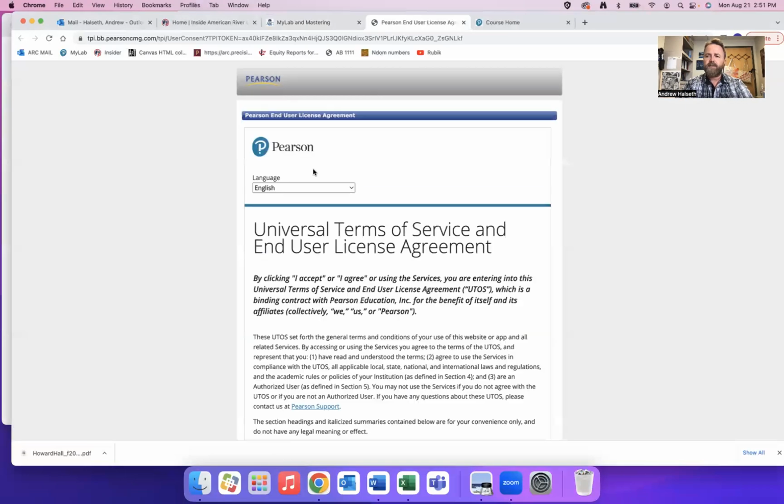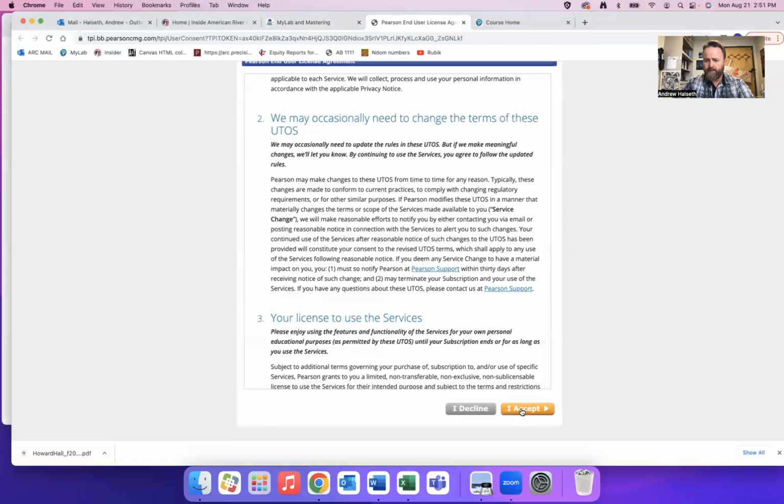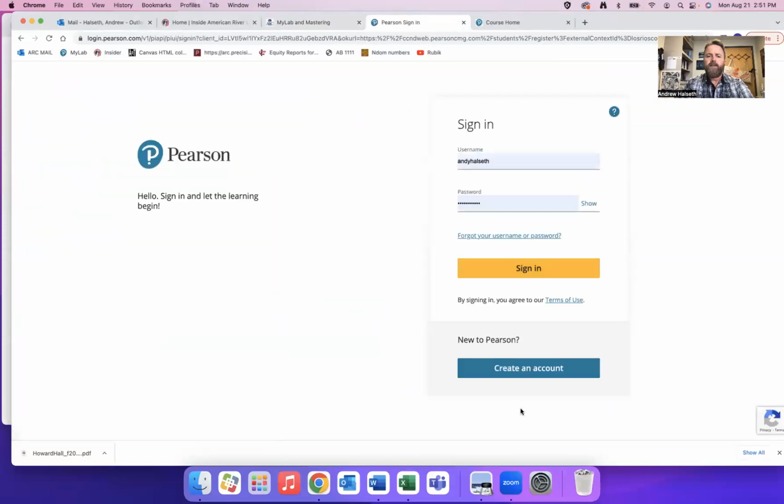Open MyLab is the next step. Agree to some terms of service. And then at this point, you will create an account. You may already have a Pearson account if you've used MyLab before. If that's the case, I would suggest clearing your browser data and then signing in with your username and password. Otherwise, at this point, you're asked to set up an account with a username, password, email, all of that, okay? So you do that. Once you've registered or made an account,